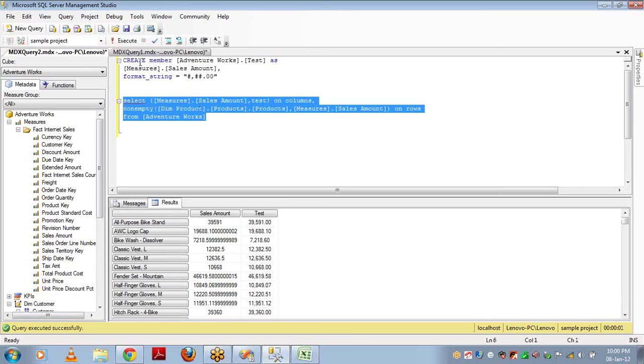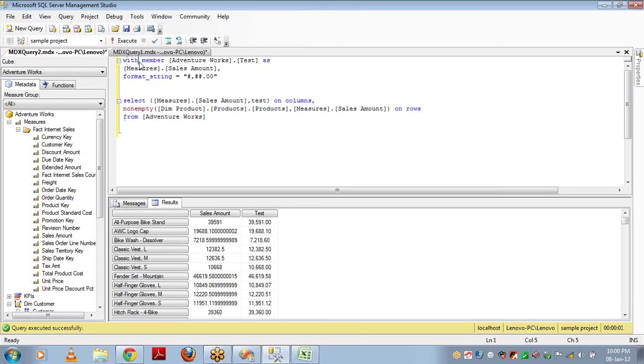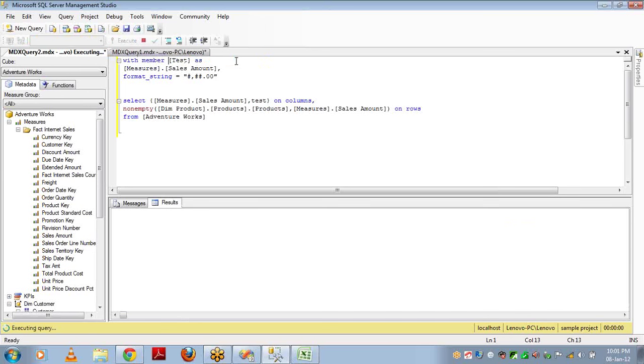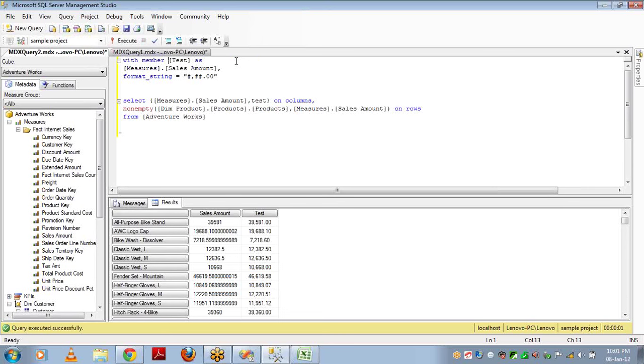Now if I try to use with, it is going to throw me an error on this dimension. While writing with, you don't need to specify the cube name. That is one point. And if I run this, it is going to give me the data. What is the difference between with and create?